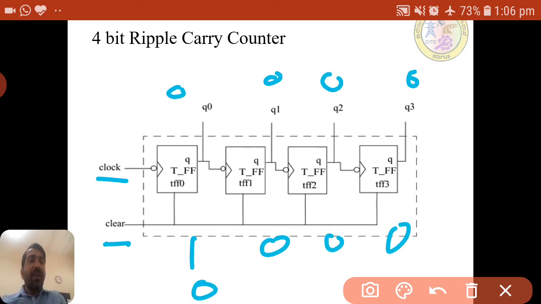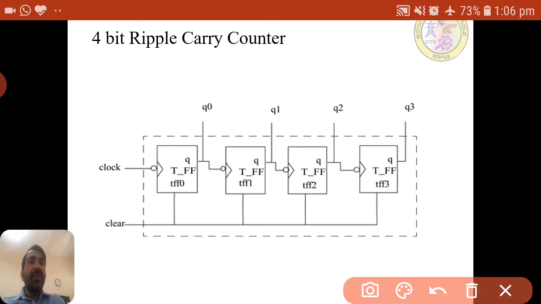Whatever the first output is, that is q0, and on its negative edge the next flip flop will toggle.